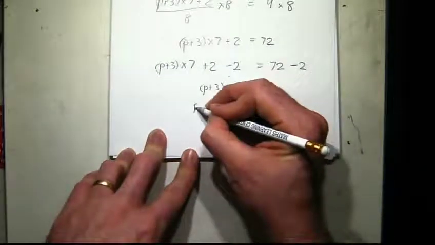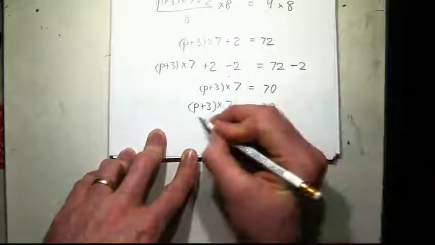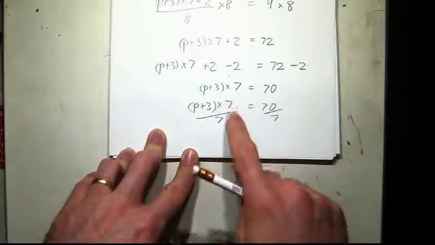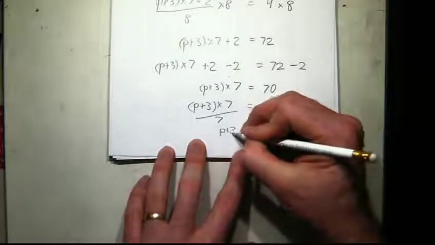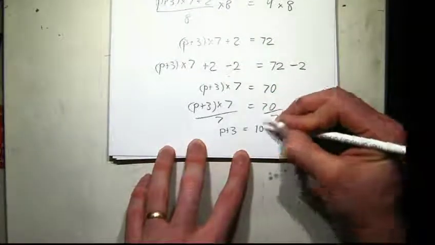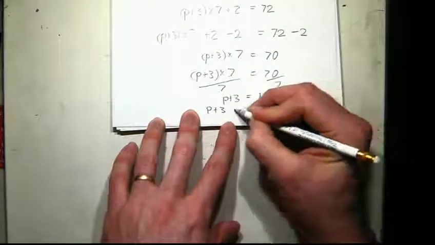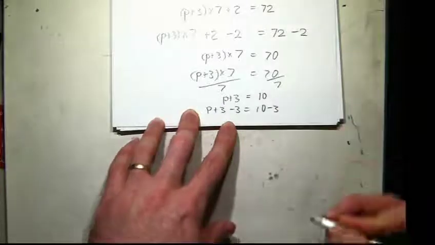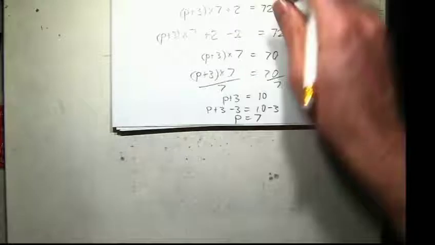I can copy exactly what I have here and divide them both by 7. Oh, timesing by 7 and dividing by 7, that's the same as not doing anything. And again, one final step. I could subtract 3. Plusing 3 and subtracting 3 is the same as not doing anything. This is what